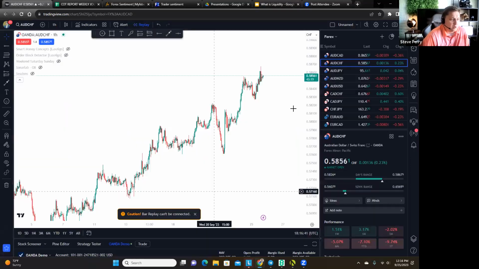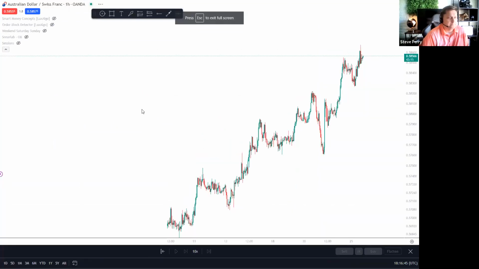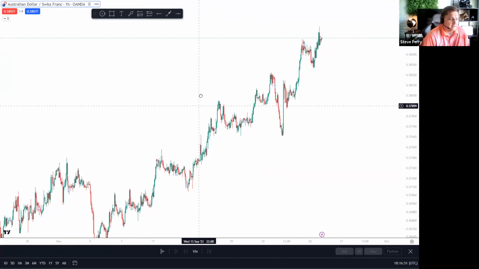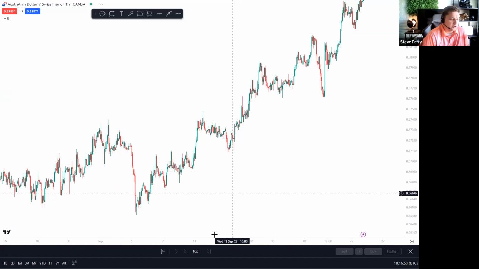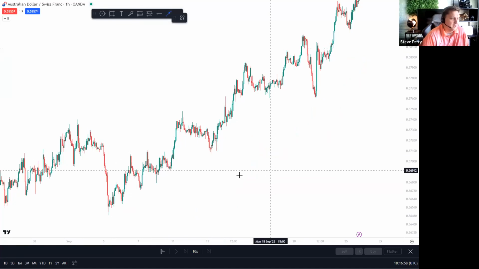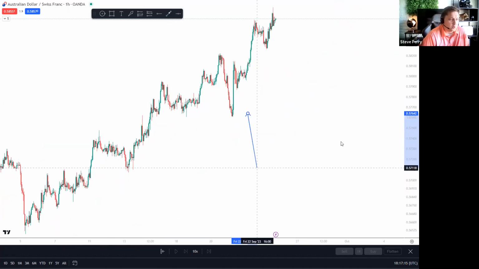So let's go to the live market. Here I have the Aussie franc pulled up, and on this Aussie franc, let's look at different breaks of structure. First of all, you want to find impulsive moves. So where are the impulsive moves, right? I would say that that's an impulsive move right there. You got several candlesticks to the upside. This is a move right here. Here's a move right here. Here's a nice impulsive move. Let's see if we can find some more. There's quite a few actually